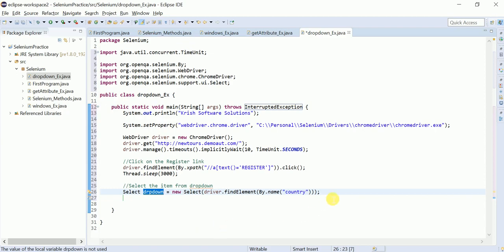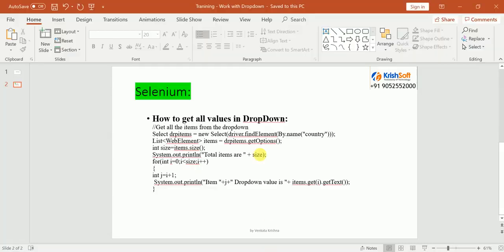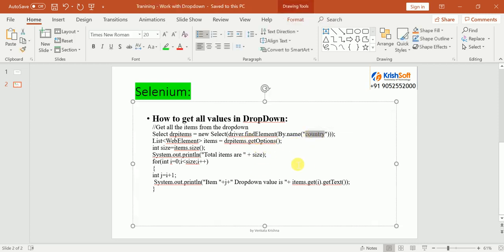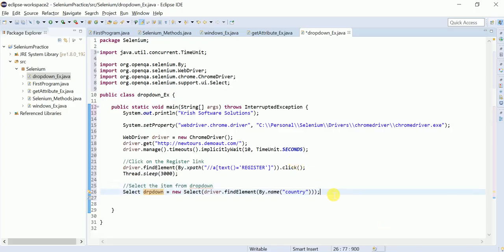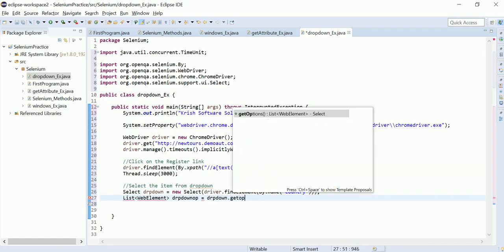Next, what are we going to do? The select tag country we have given. Next, we are going to store all the items into a list. How can we do that? We take a List of WebElement, because each item is a web element. So dropDownOptions, any variable name you can give, equal to dropdown.getOptions() method.